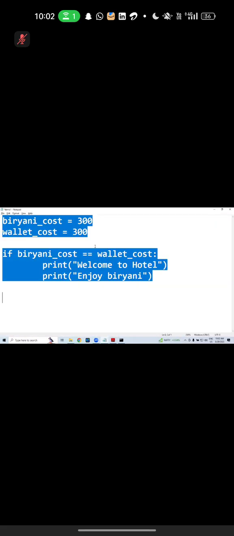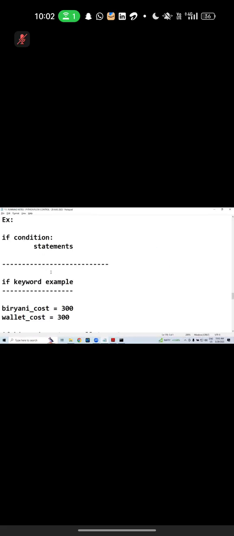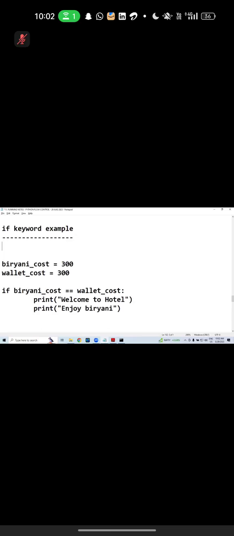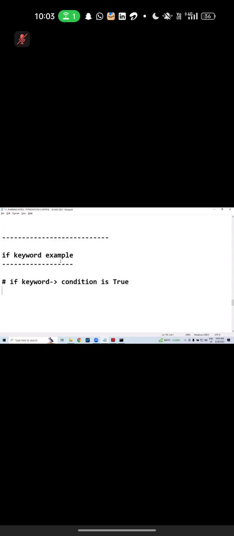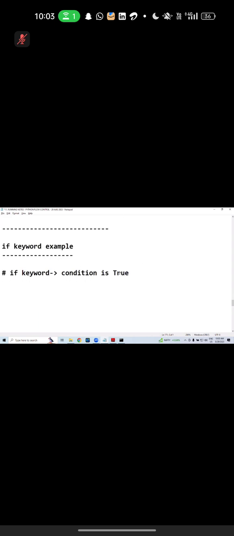I will explain it again, quite interesting. I will explain coding in a very fun way from here onwards, right? So, the if keyword. We are using the if keyword, especially when the condition is true, sir. The condition is what, Sarji? True. If I write it here, there is a chance you will get confused. Yeah, now one more example. Let us make the condition false. Let us make it what, Sarji? The condition is false.